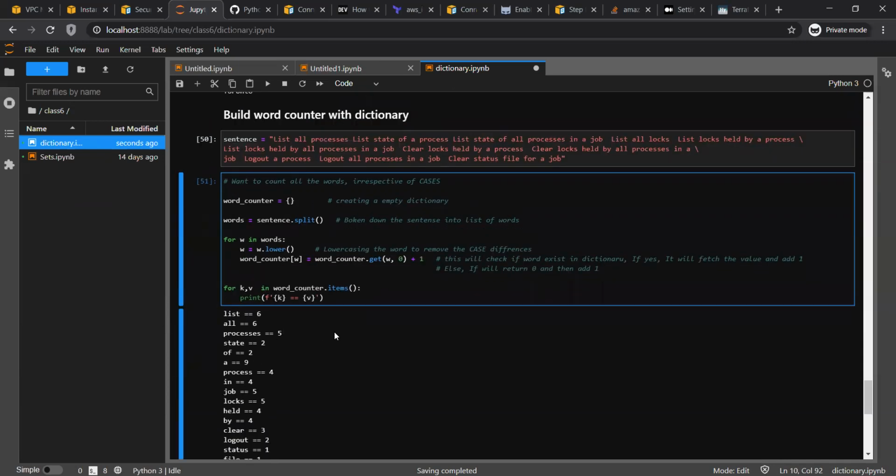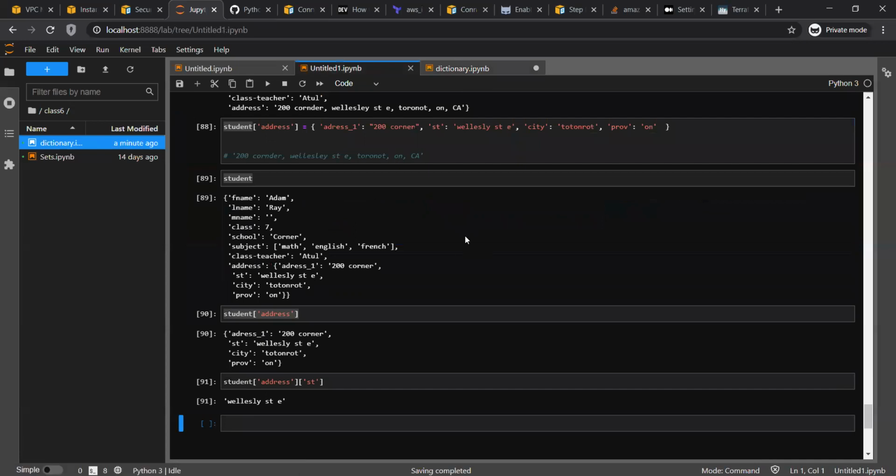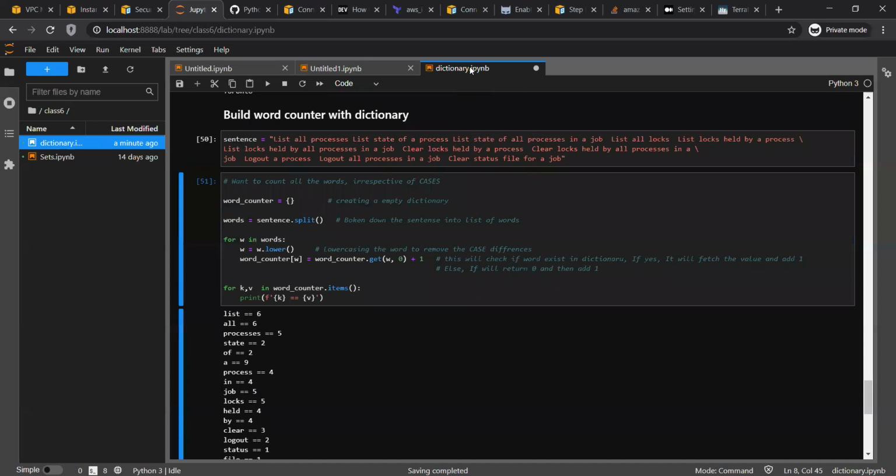So that's dictionary. I think we will cover sets in the next session. That's a small one, but this is a dictionary. I'll upload this notebook on Git. Go through that, and next time we will see. Now we will move more into programming, where we are going to utilize all these functions and data types to do some actual work.